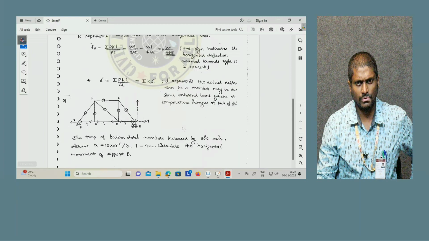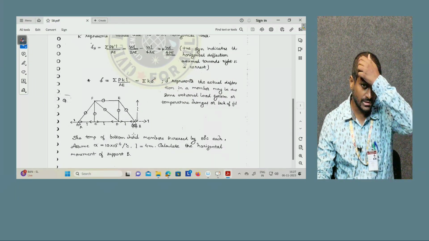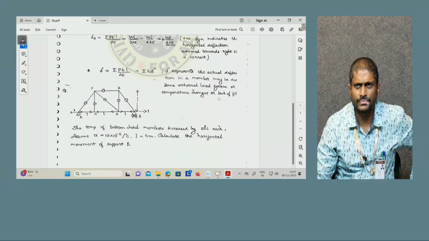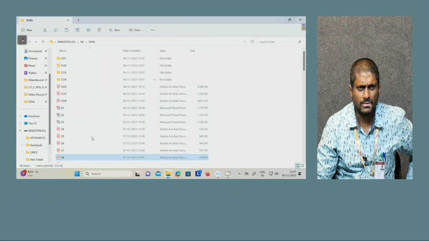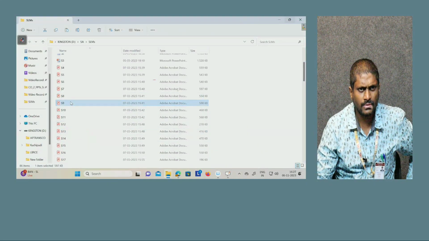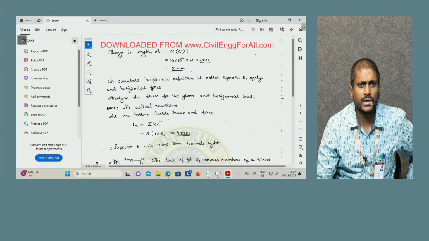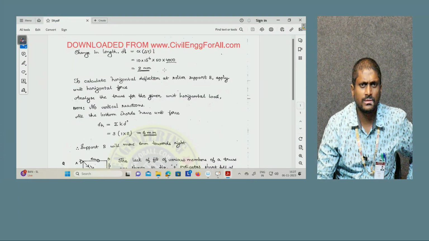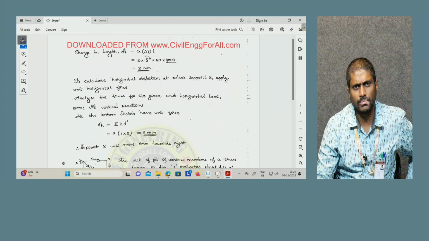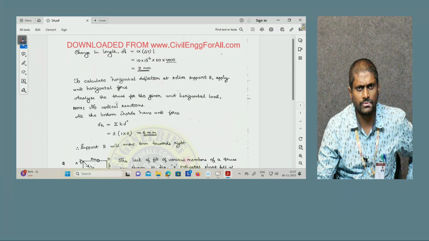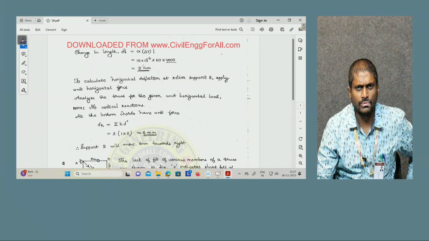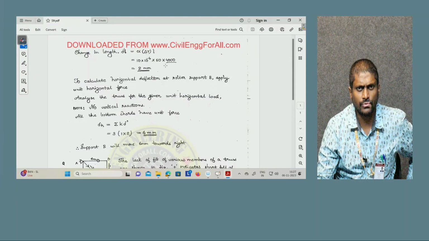So likewise you have to calculate all the member forces using this unit load method. Then change in length can be calculated using delta equals to epsilon alpha into delta T into L, that is the formula for change in temperature. Then that equals to 10 into 10 to the power of minus 6 into 50 into 4000,